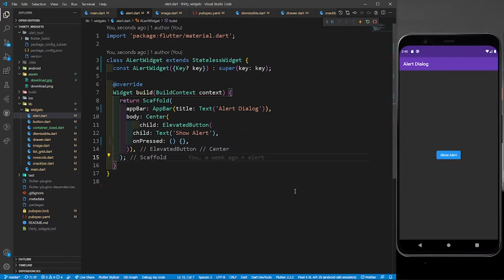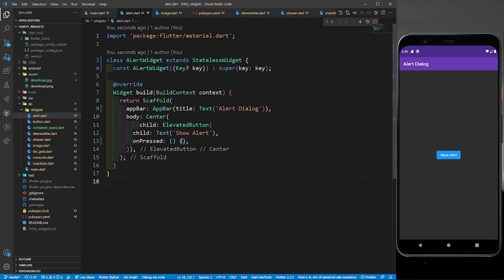But why do we use these alert boxes? Right. So sometimes you want to put a confirm screen. Let's say user is signing in to your app, and you want to put a confirm dialog that the user is confirming all his credentials. So that time we can put an alert dialog box, right? Or whenever you want to delete something, or whenever the user is logging out from the account, then we want to keep this alert dialog box. So that time we can use it.